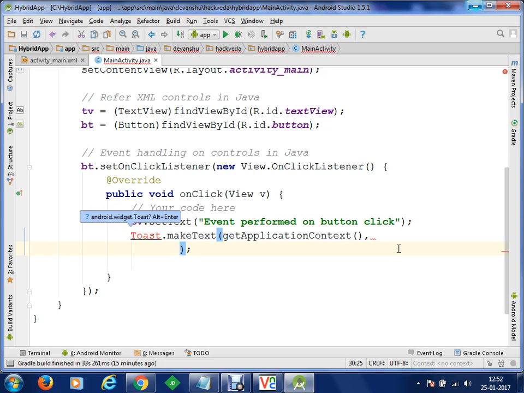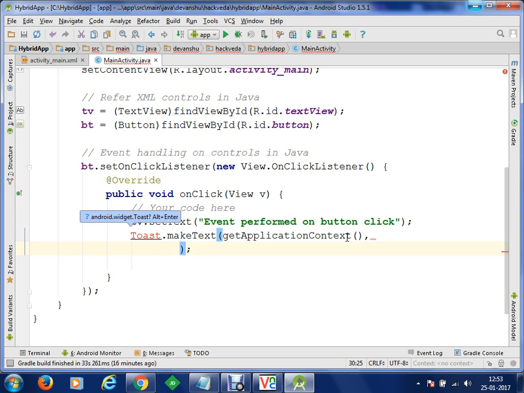We could write, for example, HK.class name. You can do that, you can do that as well. But how do you know that your HK.class is active? Let's say you have 5 pages or 10 activities, and the user has gone to some activity, and in some case HK activity was not running at the moment. It could be possible. So if you don't know which activity is currently open and you want to display a toast, you can simply use getApplicationContext.